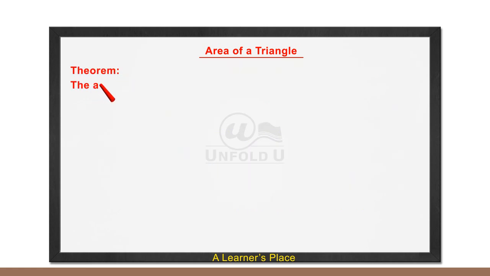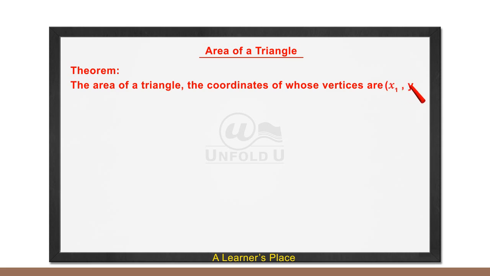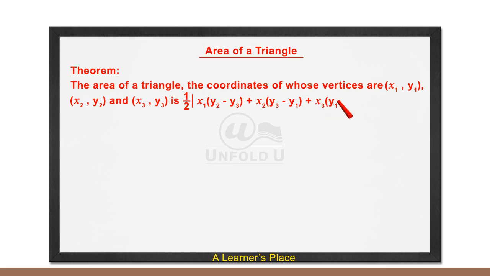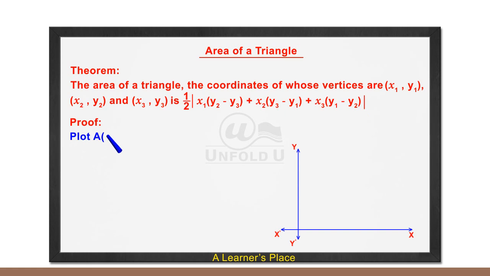Theorem: the area of a triangle, the coordinates of whose vertices are (x1, y1), (x2, y2) and (x3, y3), is 1/2 modulus of x1 into (y2 minus y3) plus x2 into (y3 minus y1) plus x3 into (y1 minus y2). Proof: plot A with coordinates (x1, y1), B with coordinates (x2, y2) and C with coordinates (x3, y3)